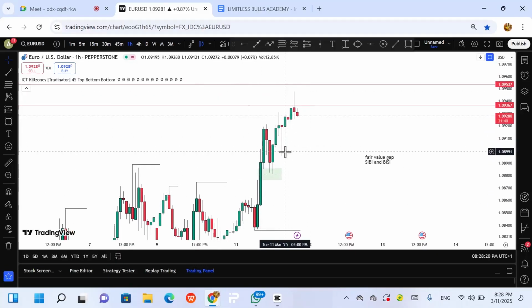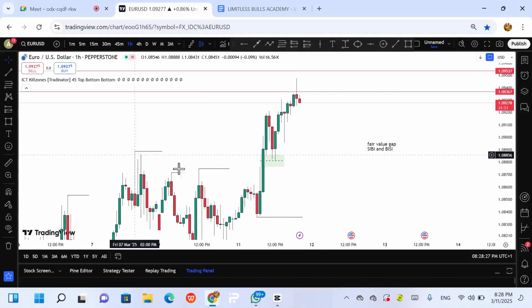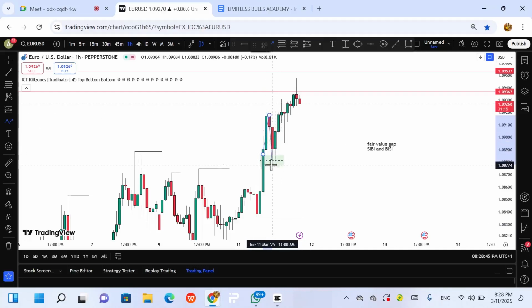So what do we say? We say the market reacts from liquidity to liquidity. We are just examining the different liquidity we can make reference to in the market. First of all, we say swing highs and swing lows. Second, we say fair value gap. Now you can see a practical example. This is a fair value gap, a buy side imbalance, a sell side inefficiency. The price was buying up to this point, then came back and tapped on this fair value gap because there's an imbalance, because this is a liquidity zone. It's a mechanical zone that the market will always seek. After the market tapped this point, you saw that it went back up.